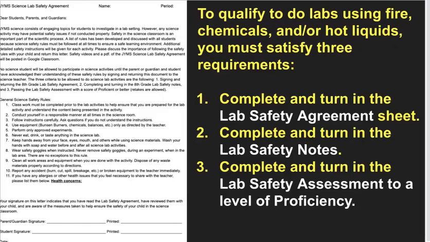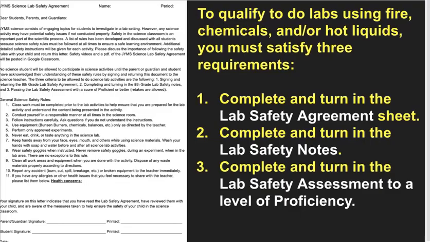Now, to get you thinking about lab safety, we have the JYMS Science Lab Safety Agreement document. This document is something that you will read through with your parents, and you will both agree to and sign. And this is one of the 3 things that you need to complete to get into our lab and to be safe and learn in our lab. Now, you don't have to tear the bottom of this document off. You can bring the whole document back, turn it into your teacher. It will be posted for you in the digital format in Google Classroom,